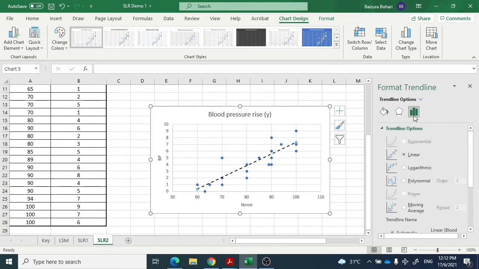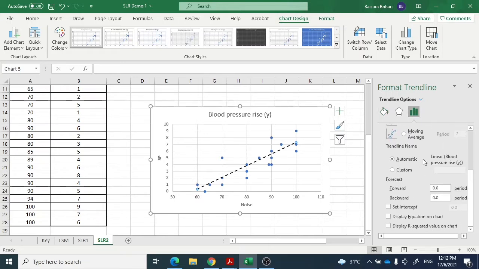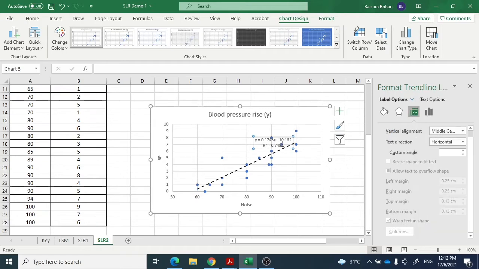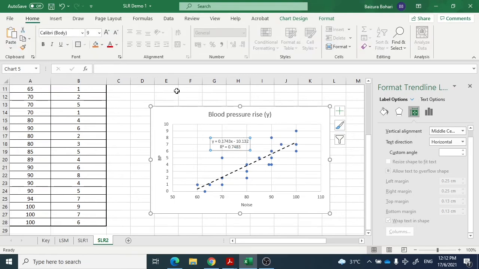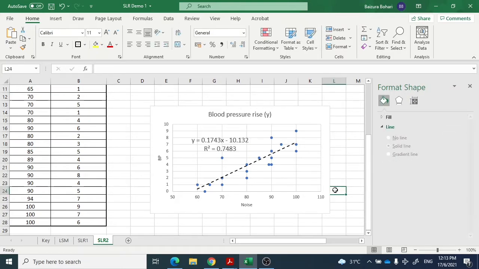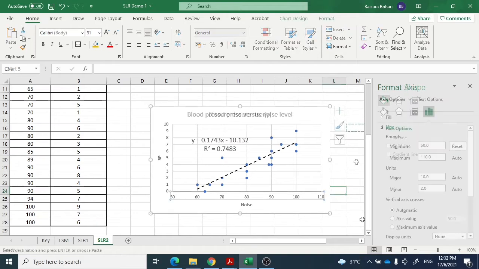And then click the graph here to get the display equation on chart and the R squared value on chart. Make this bigger. Okay, good. I hope by now you are familiar with the scatter plot, trend line, and displaying the equation and R